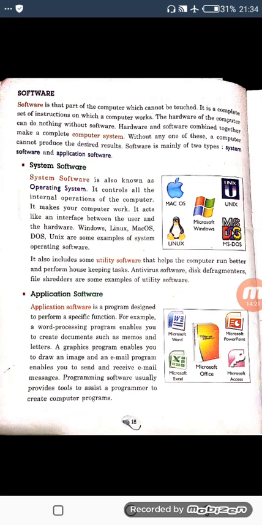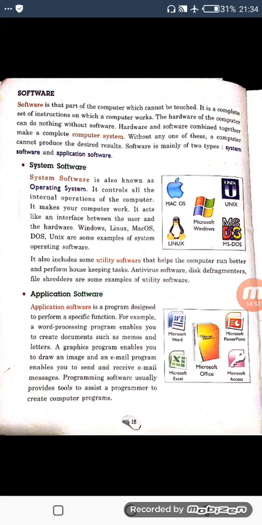Microsoft Excel is a tabular form of document. Microsoft Access is a kind of database about which we will study tomorrow. Microsoft PowerPoint, sometimes I used to show you a few presentations, so I create all those presentations in Microsoft PowerPoint. And Microsoft Office is a complete package of all those application software.